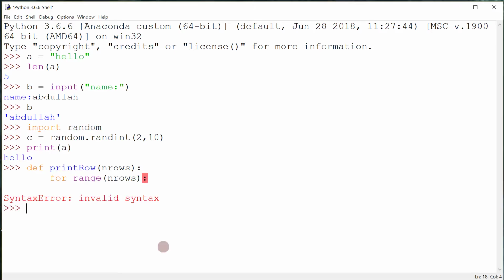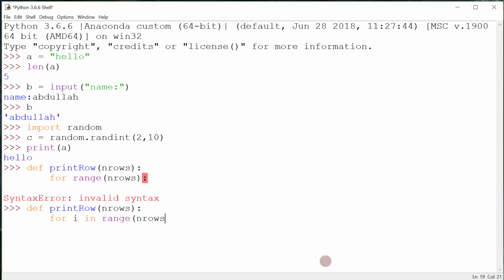Okay, so now we're going to create a function that will simply print a bunch of equal signs. And I already tried it here, but I made a little mistake, so I'll redo it. Define print row, that's what we're going to call it. It takes one argument. We're going to call that argument n rows, and it's going to basically print that many equal signs. So the number of whatever the value of n rows is, it's going to print that many equal signs. So for i in range,